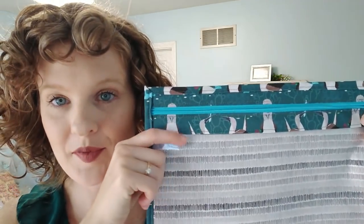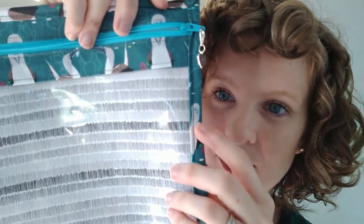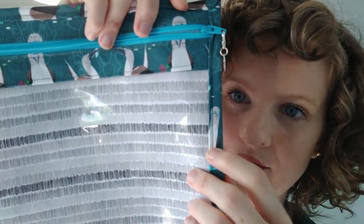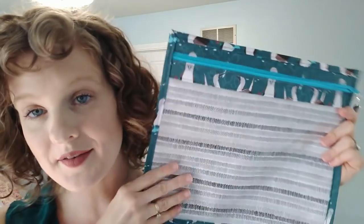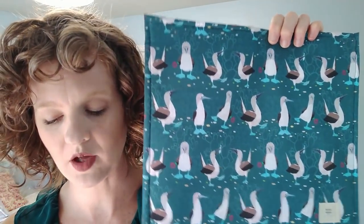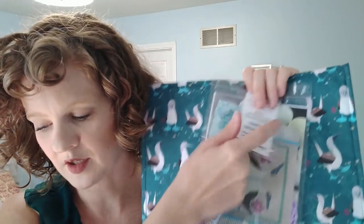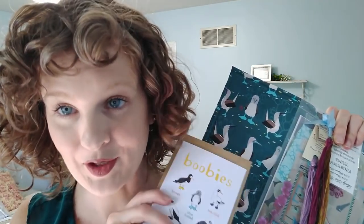Tara matches up the fabric across the zipper, which I just love because look at their heads. I love ridiculous things. Look at this one. It's just like peeking out. Hey girl. So I'm going to have some deluxe bag sets, so they will come with the project bag, expertly made by Tara. They will come with the pattern, the finishing pack, the floss, and as a random goodie,